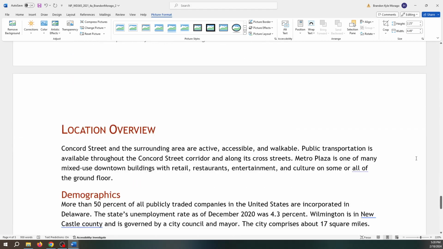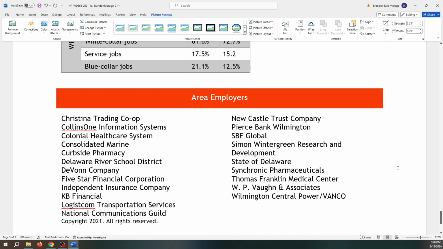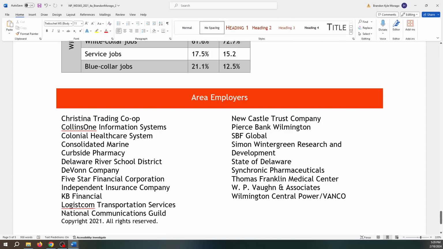We're going to go down to page 5. We're going to apply a hanging indent. Okay, so go to page 5. Put your insertion point here where it says Christina Trading Co-op. We're going to